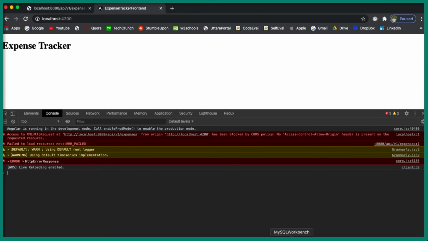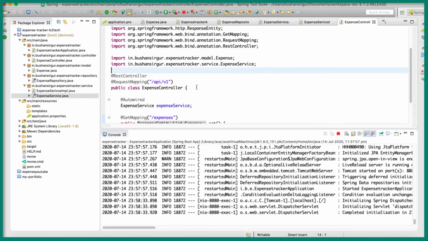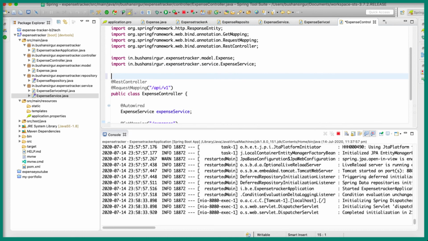So in order to solve this, you have to specify @CrossOrigin. So for now, let's go to the expense controller. Above your class level, above your controller, let's specify @CrossOrigin, and we are going to specify star. The star means if any request is coming from outside of this Spring Boot application, allow them. Okay, so that's what the star means.